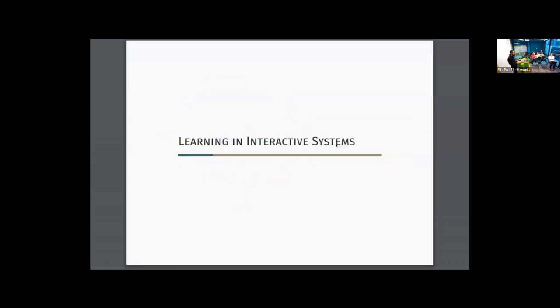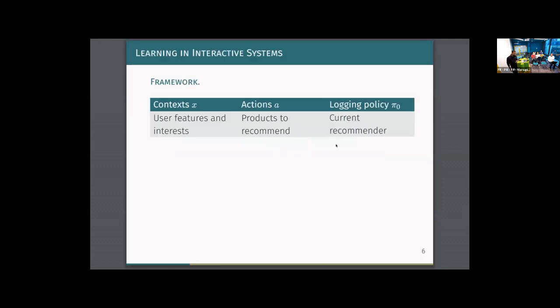that tells us whether the user liked the recommended product. So now that we kind of know how these interactive systems operate and how we model them, the question that remains is how we do learning in these interactive systems, how to learn to improve the decisions of this agent in an offline manner based on some offline data. So we do it the following way. The framework is as follows.